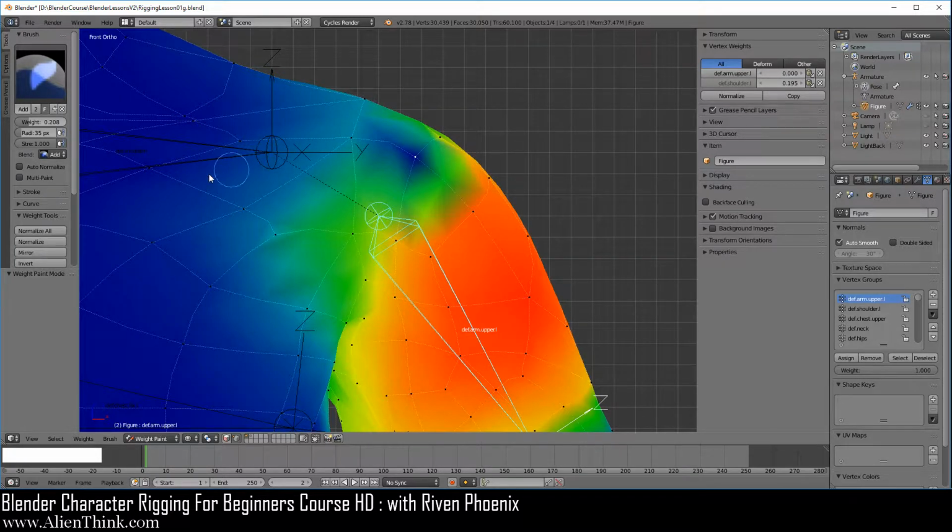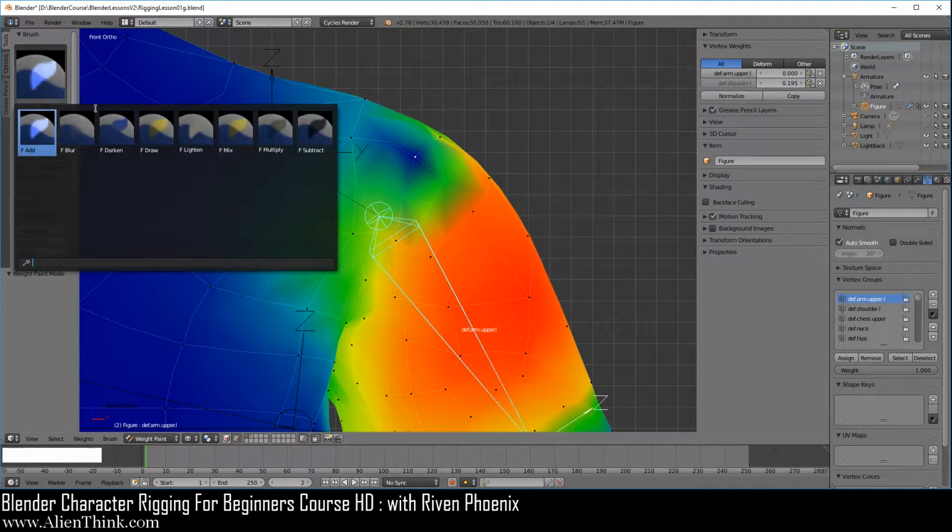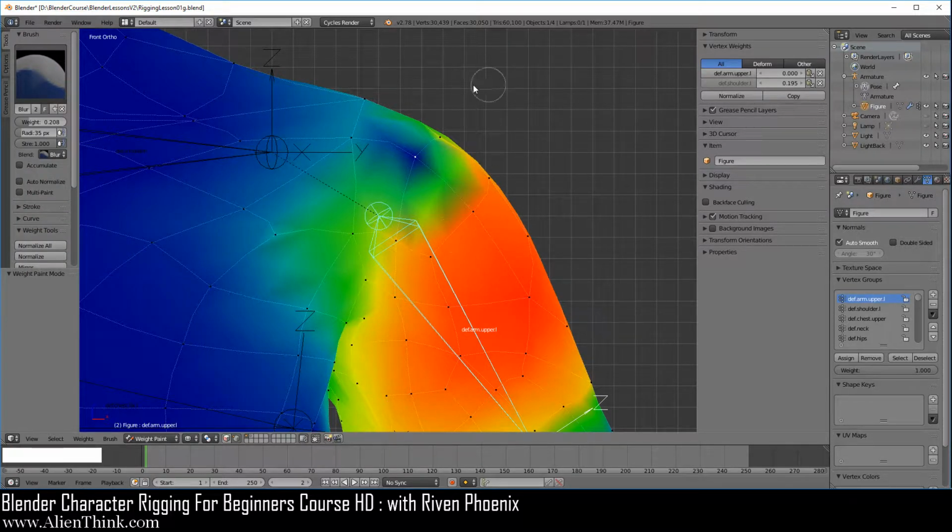It's pretty straightforward. Now when you click on a blur, what this is going to do is basically look at the vertices that are surrounding this vertex and try to bring that number close to them. Basically, it's trying to soften it, right? So if you click over here a few times, you'll notice that it will basically blend with the other vertices that are surrounding it.